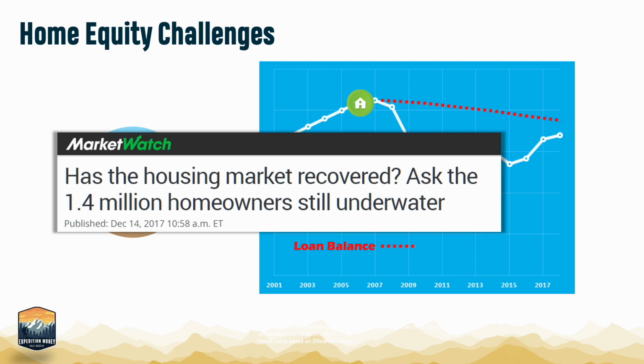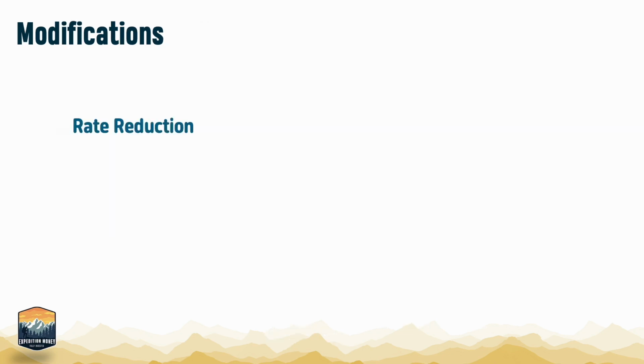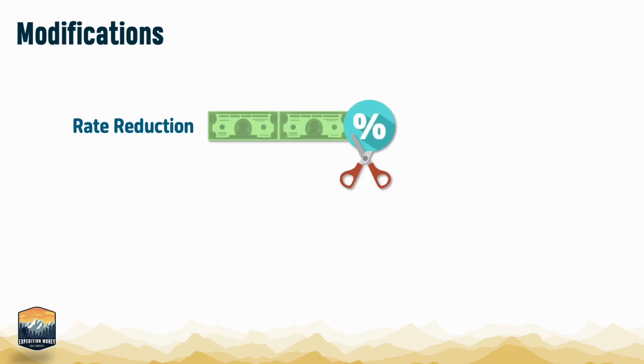While there are a lot of different types of modifications, here are 2 popular ones. Reducing the interest rate. Right now, you have a monthly payment based on a particular interest rate. Some lenders will adjust the interest rate down, making the payment shrink as well. This might make the monthly payment more affordable, but keep in mind that this type of modification alone might not dramatically change the payment. But if you're close to being able to afford the payment, this might be enough.